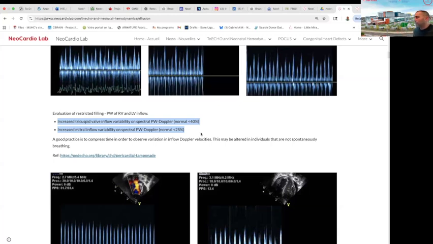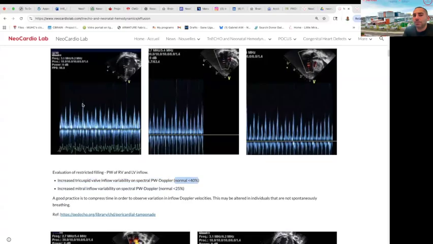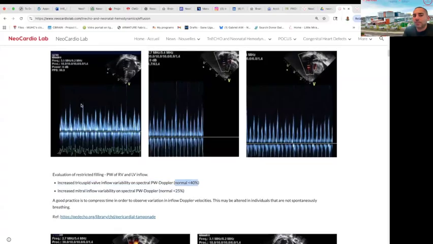You need to know, do I need to tap or not? So for you that's doing TNE, that's more advanced, one of the things we use is we look at the pulse wave Doppler in the mitral inflow and the tricuspid inflow. Normally, you're supposed to have less than 40% variability. What does that mean? It means you take the peak of the highest and the lowest velocity,